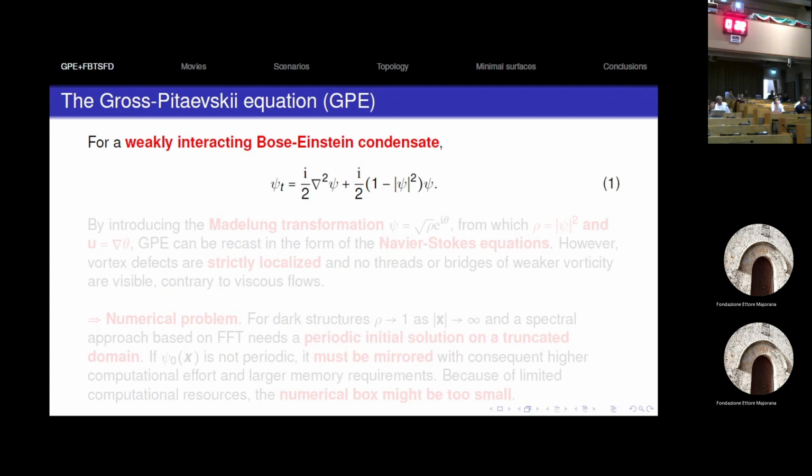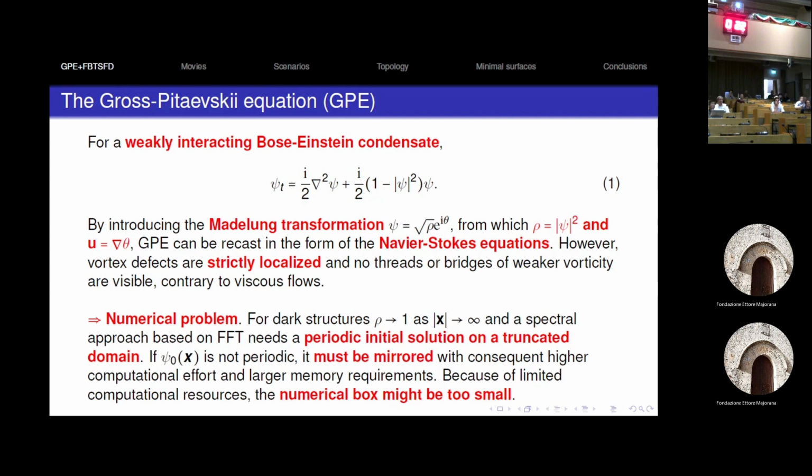The Gross-Pitaevskii equation, as I said, you have already seen it. This is its form. By Madelung transformations, you know that you can write it in terms of density of a classical fluid and velocity, which is the gradient of the phase. As I said, it's much easier to analyze turbulence in a quantum context because it's localized. Vorticity is localized on the defects. We're interested in dark structures, which means that for us, the density goes to 0 at the defects and goes to 1 as you go to infinity. And so we know that if you use a spectral approach based on the fast Fourier